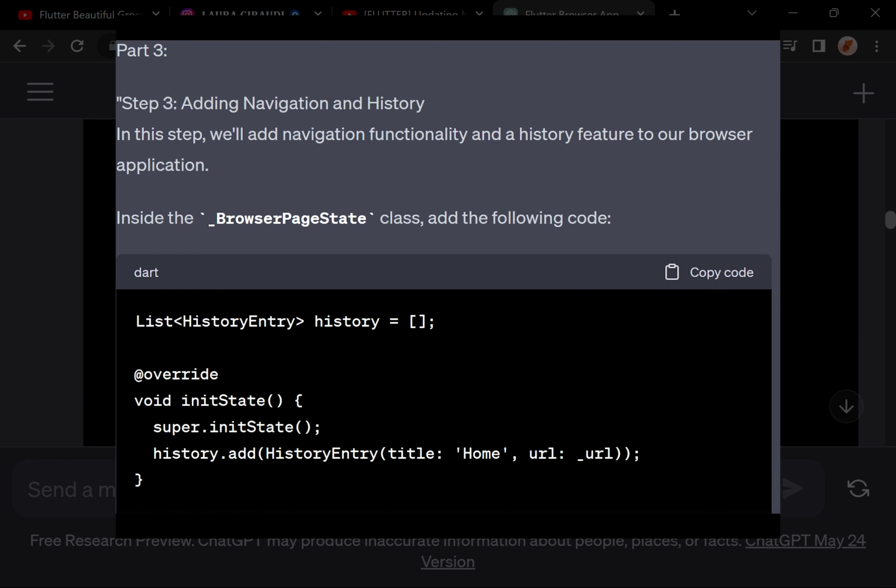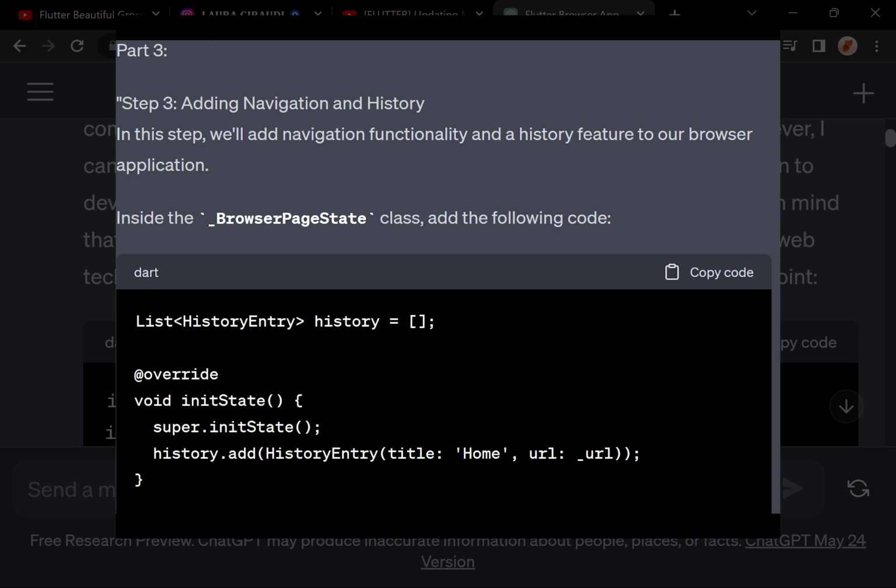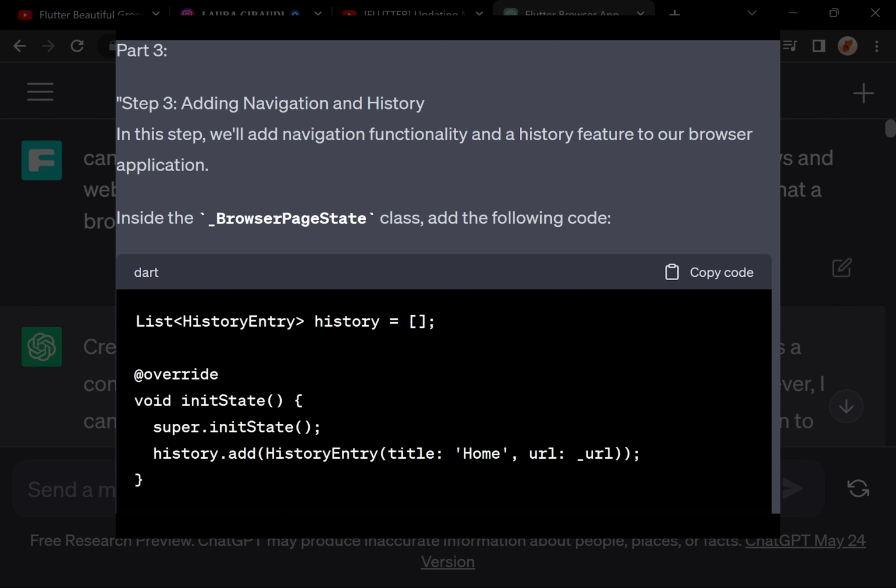Adding navigation and history. In this step, we'll add navigation functionality and a history feature to our browser application. Inside the `_BrowserPageState` class, add the following code: ```dart List<HistoryEntry> history =